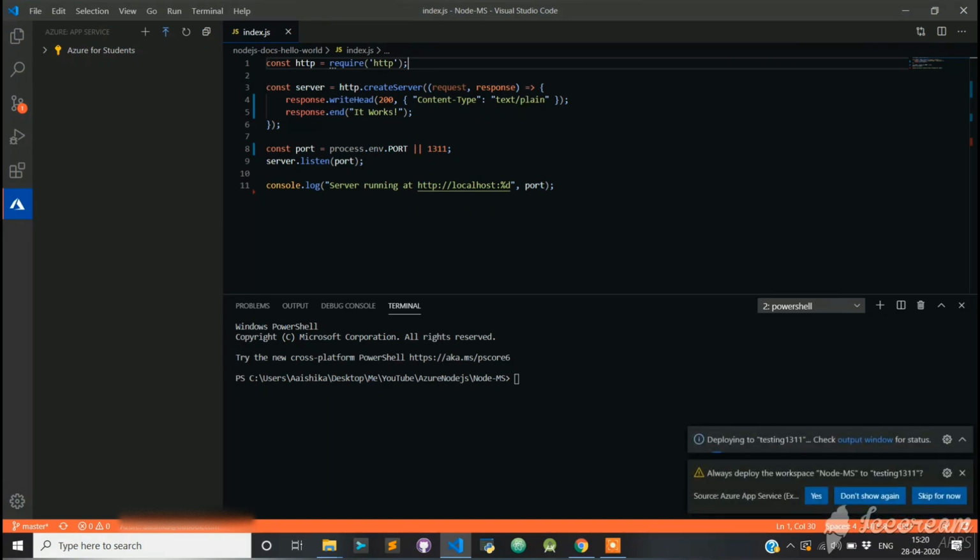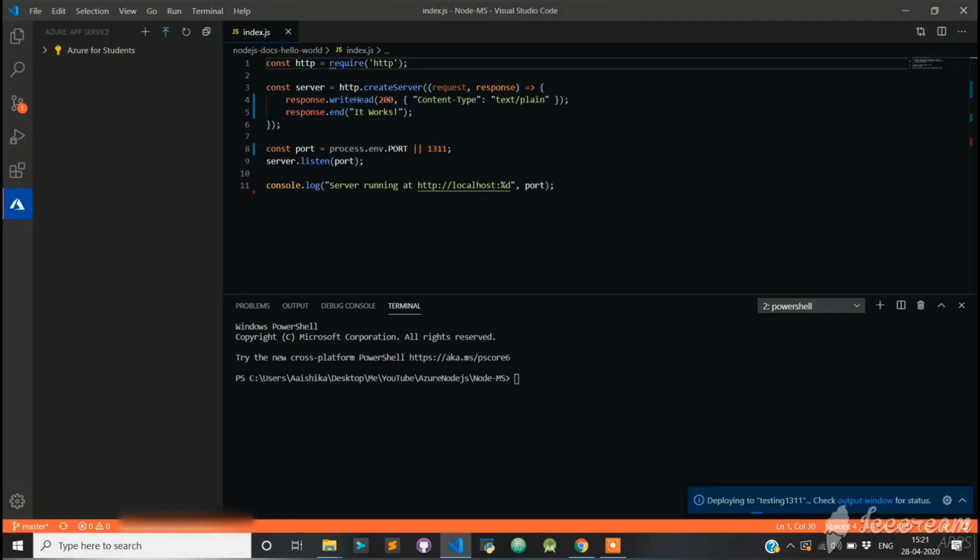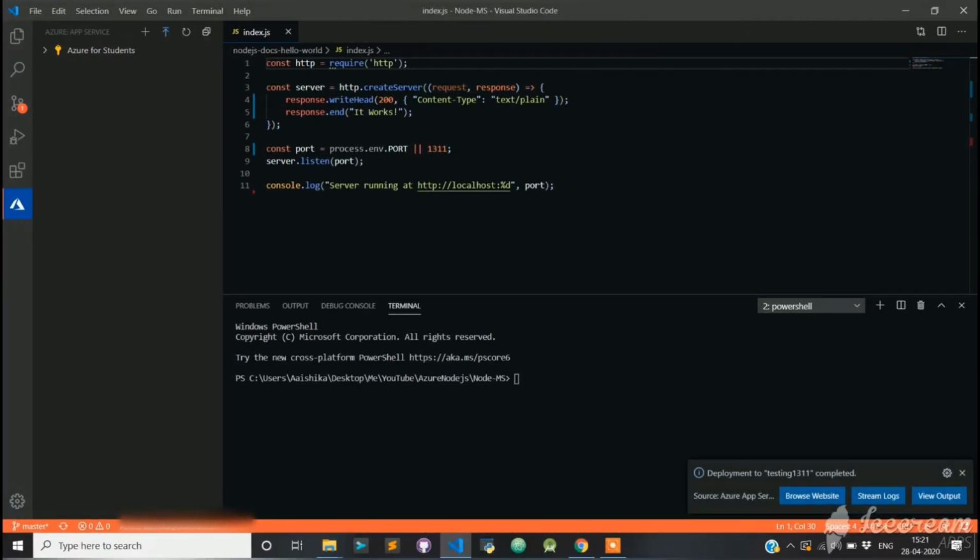Now in this prompt, selecting yes will tell VS Code to automatically target the same app service web app with subsequent deployments. So click on yes. Now I'll again skip to the part where it's complete. Since we had chosen Windows as our OS, we have some additional steps.